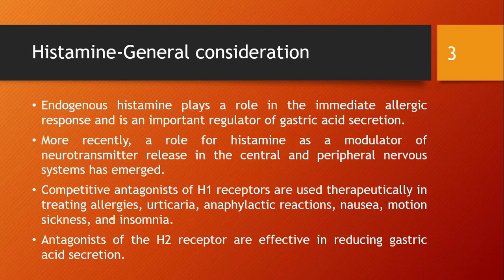So when we talk about drugs which act on the histamine receptor, we talk about antagonists. We are not going to consider the agonistic action. For histamine as an autacoid, we are going to see what effect it produces when it acts on its receptor, but we are not going to consider any drug example which acts as an agonist on the histaminergic receptors.